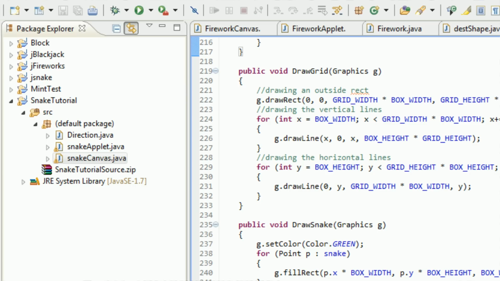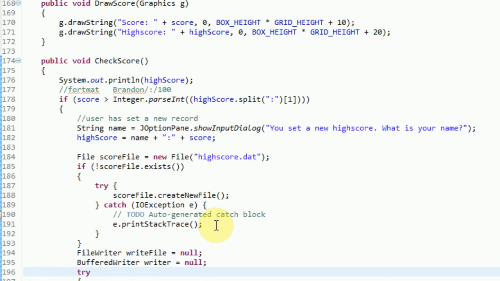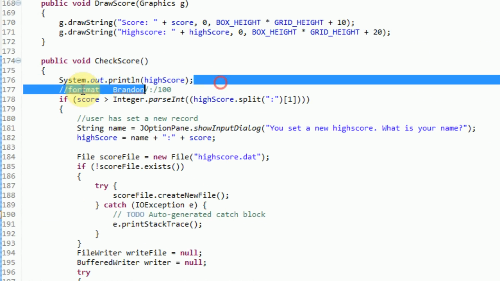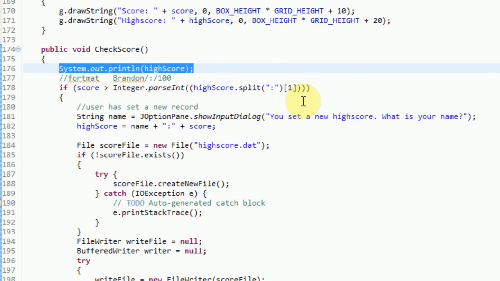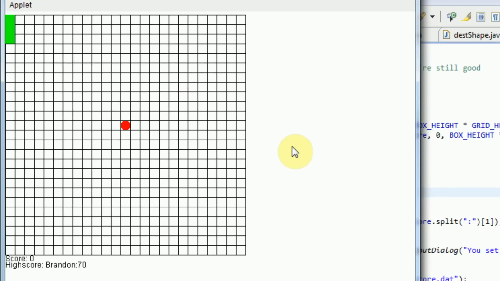Now, if we were to close this program and reopen it, you can see that we get the index out of bounds exception again, which is seriously causing some problems, and that is because the high score variable is blank. So what we're going to do is say if high score dot equals nothing, then we're simply going to return. Now this simply exits out of the method. So if the high score is nothing, then there's no need to check the score because the high score hasn't even been initialized yet. So now if we run the snake applet,